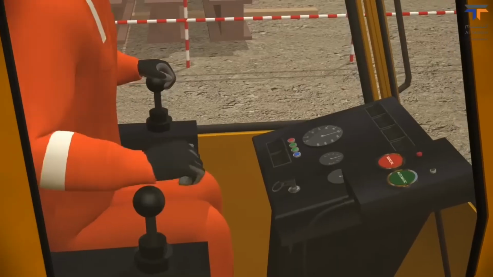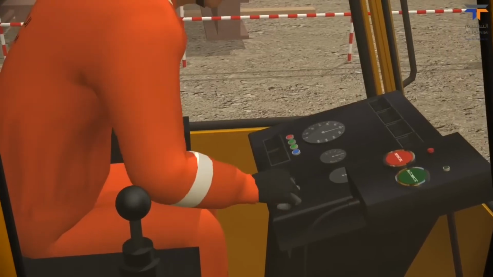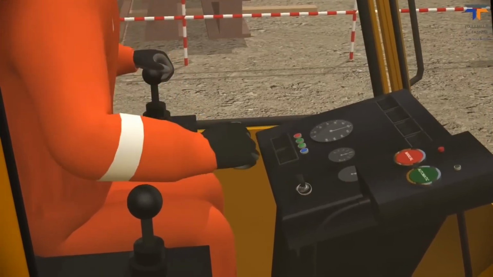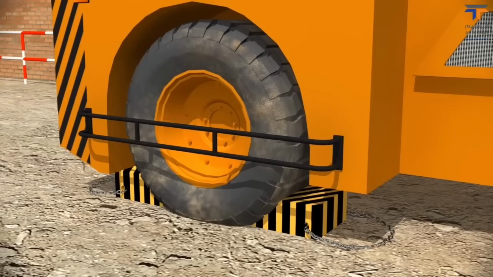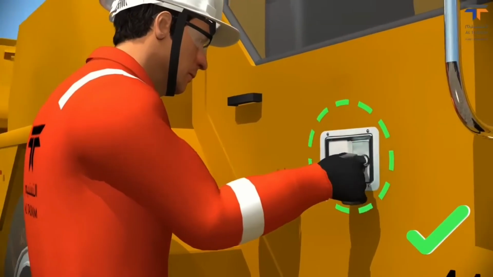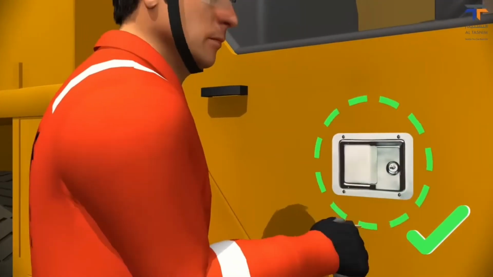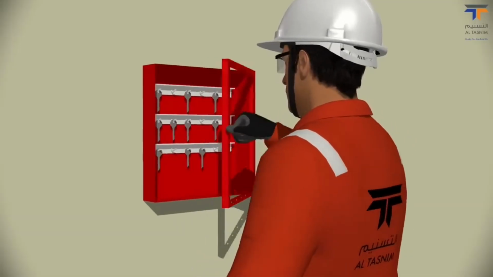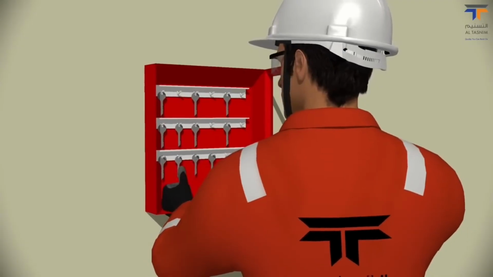While maintaining the equipment, make sure to turn the engine off. Take the keys out. Use wheel chokes and support the hydrolocks with a hard object. When the crane is not operating, then the operator should lock the cabin and place the key in a safe, authorized place.